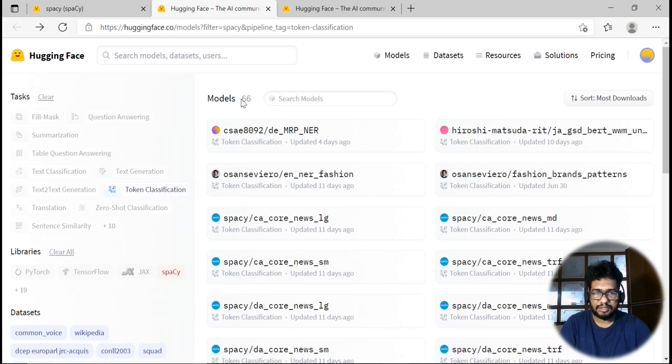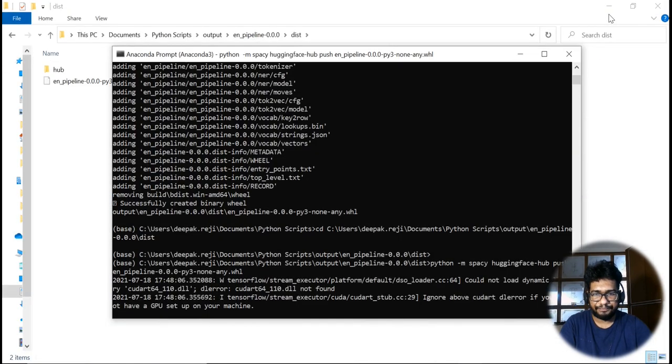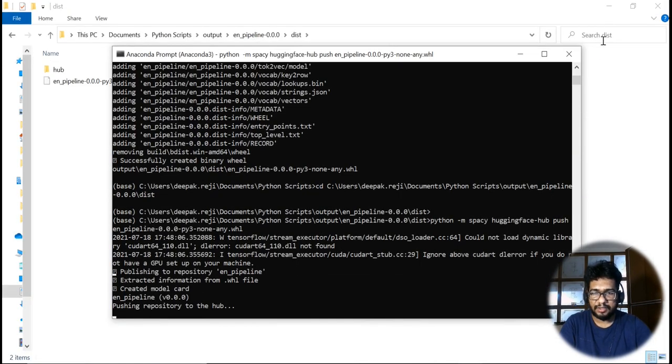Currently there are 66 models, and it will take a little while to push your model to Hugging Face. I think it's almost done, and it is creating a model card. The model card and readme files are something which we need to create externally, and the other files are getting pushed directly.